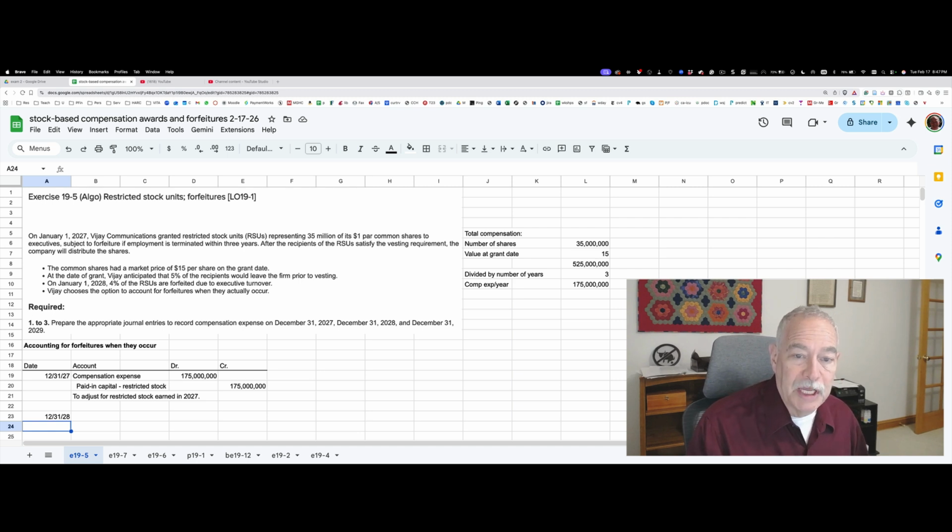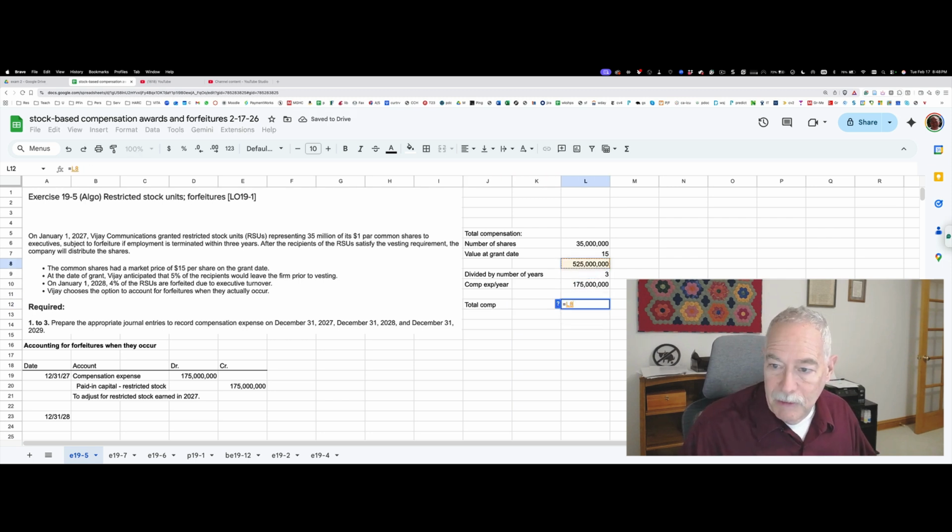But 4% of the 35 million actually forfeit on that date. And so what we have is the 525 million total comp, that's equal to this number up here,